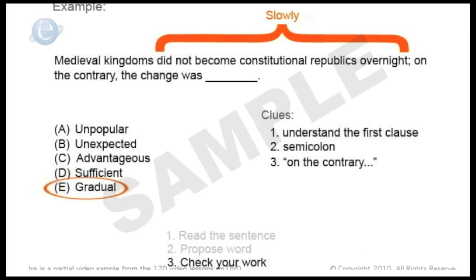The way you check your work in sentence completion is you plug the word in and then reread the sentence. Medieval kingdoms did not become constitutional republics overnight. On the contrary, the change was gradual. So the logic fits, the word fits, so it's a correct answer choice. Now, one more hint on how you attack